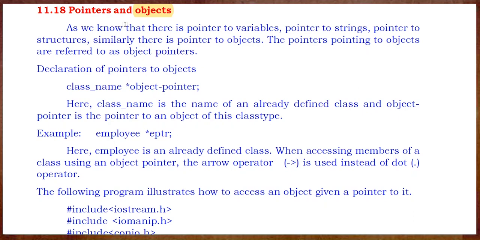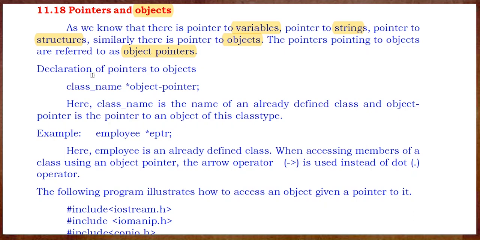So now we can see how we use pointers to the object. Of course, we have discussed there are pointers to variables. We started with pointers and variables, and pointers and arrays we discussed. Then we discussed pointers and strings, and also pointers and structures. Similarly, there are pointers to objects as well. The pointers pointing to objects are referred to as object pointers. That doesn't make a difference, you can just call them that. So how do you declare